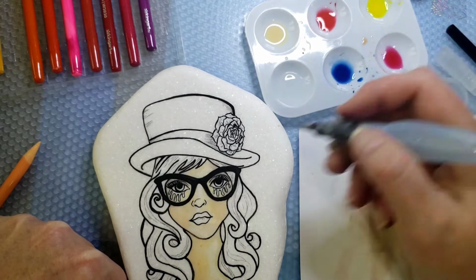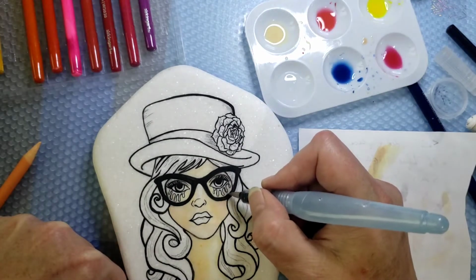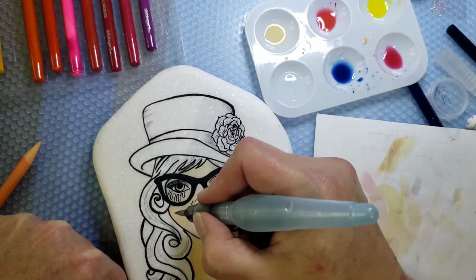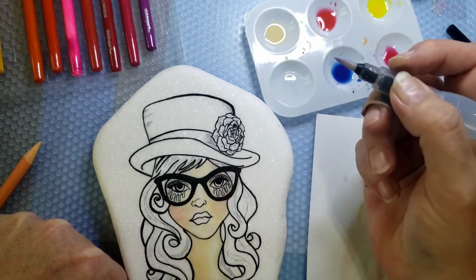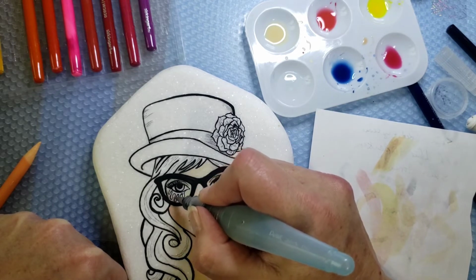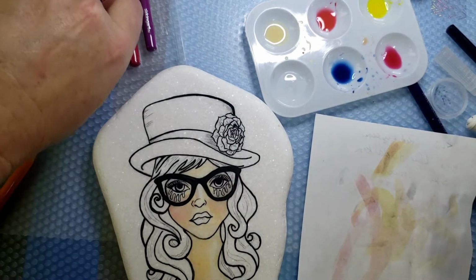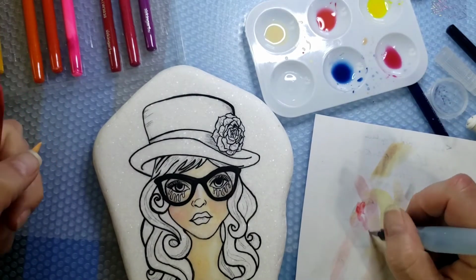Okay, and then I'm going to use the magenta to pinken our cheeks a bit, and then warm up our nose. I might need to grab the red for that. Don't want too much, but we need it to be